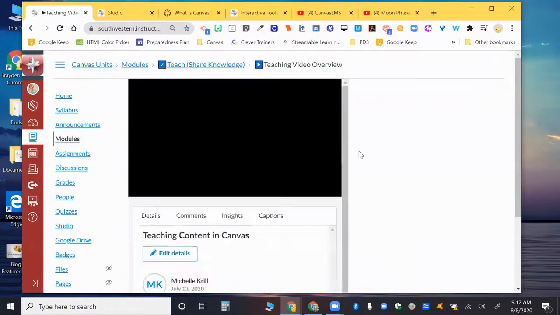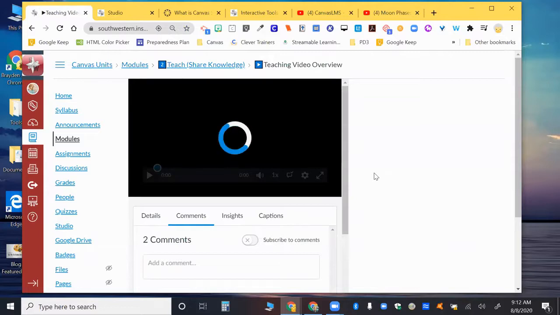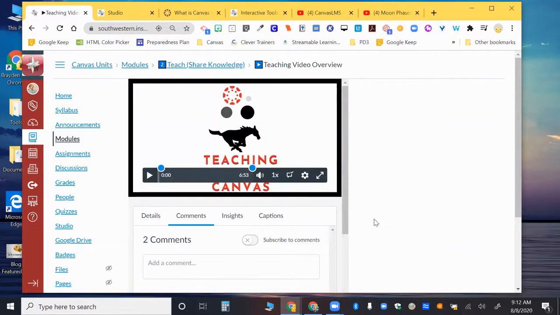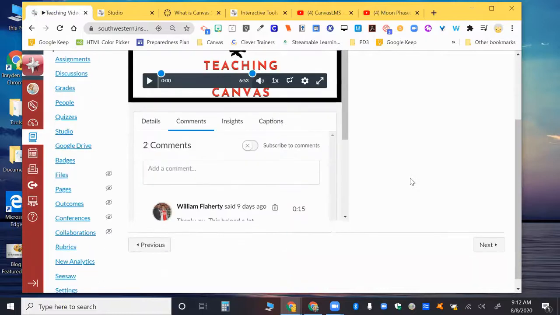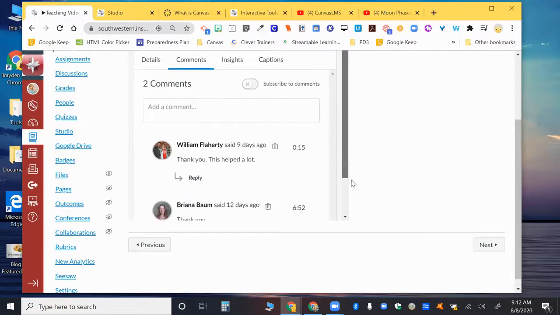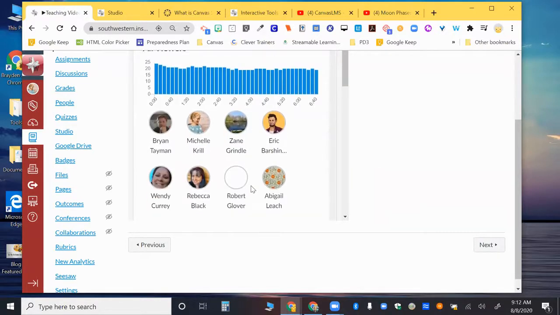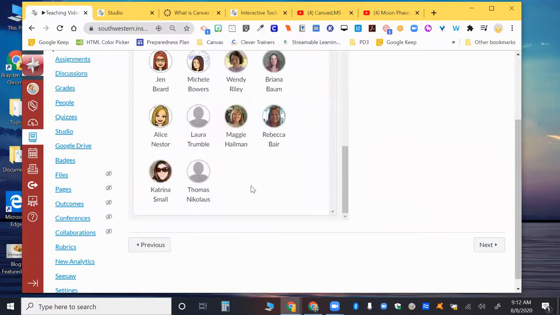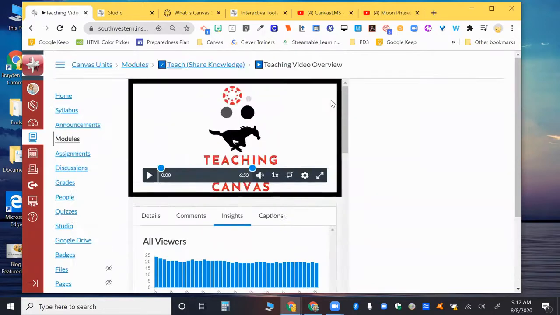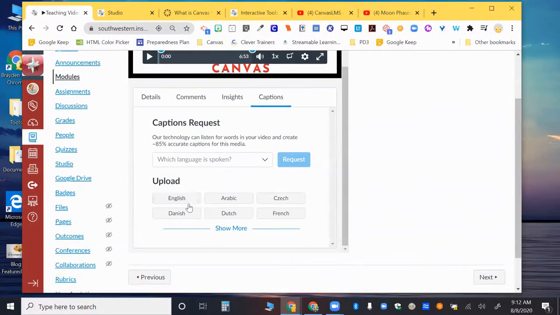And when I put them in here, I noticed I didn't make it a quiz, which we're going to talk about. All I did was put it into my module, and it enables this commenting if you allow it. And I can also get insights about viewers. So it's kind of like a scaled down Play Posit, if you will, built into Canvas. I didn't add any questions to this one. It's just a start and finish. But you can see that it added that discussion feature. It gives me those insights. And I could add